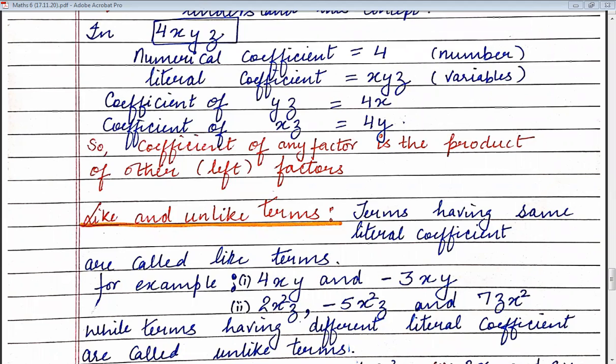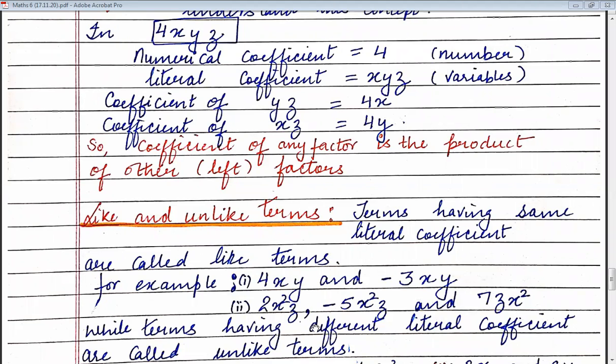So let us see. For example, 4xy and minus 3xy. They are having same literal coefficient. You can see that xy here and here, they are same. So it means they are